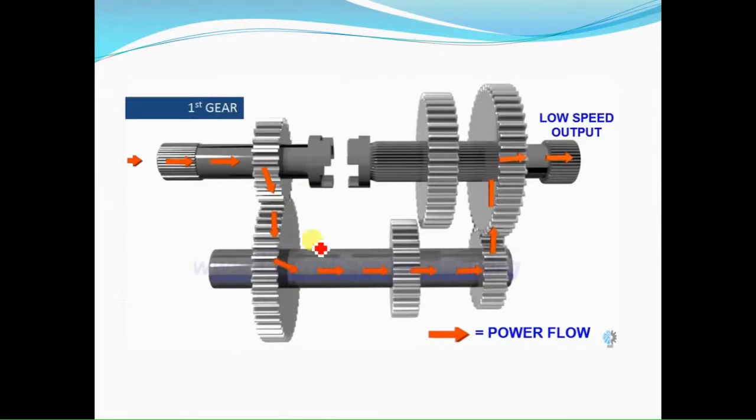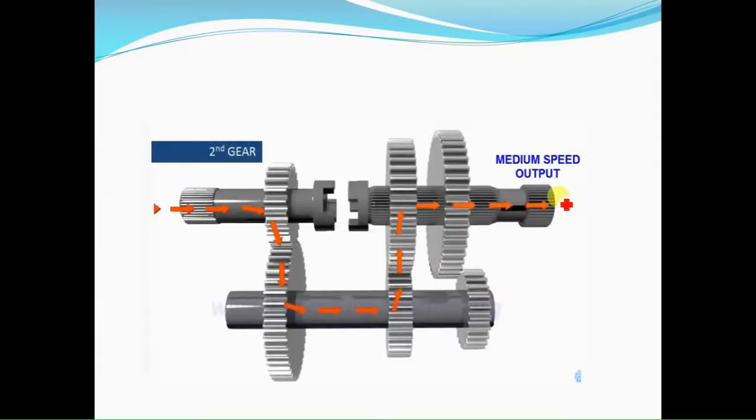So a gear ratio is to be developed, and this gear ratio provides the lower RPM. This is low speed output, but the torque is very high. Such a gear ratio is utilized for movement of the vehicle from the starting condition. When we just start the vehicle, we require the first gear ratio, because the speeds are very low, but at that time, due to inertia, very high power is required. So the very high power is given with the help of this highest torque.